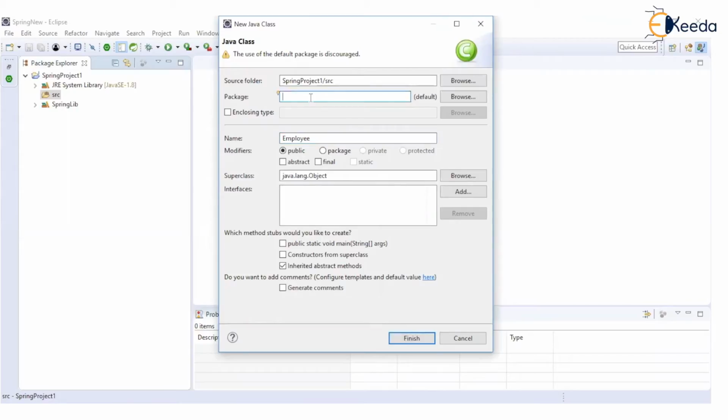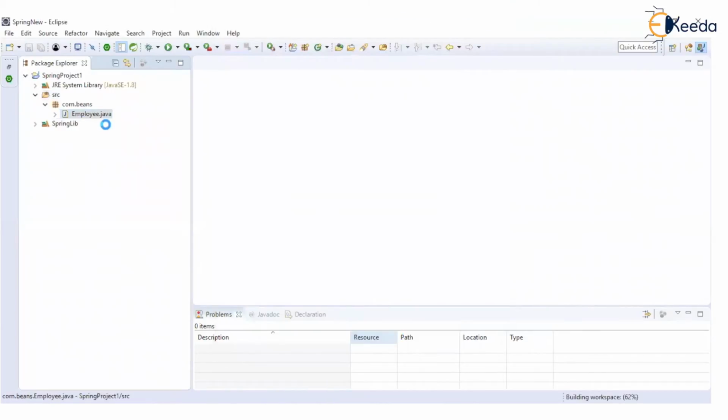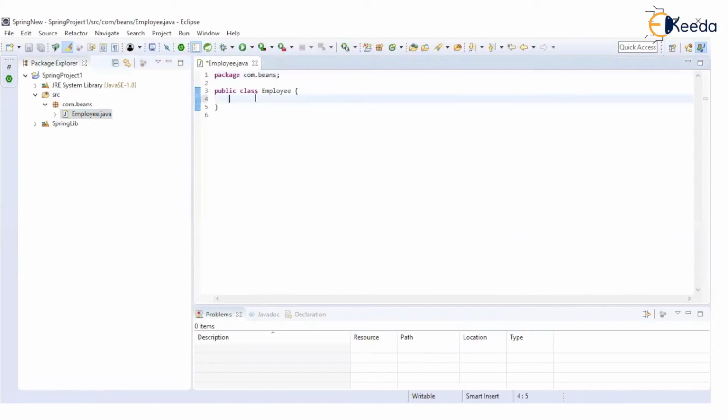We will put this class into a package, say com.beans is the package and Employee is the class. Once we create this class, let's add the properties: private int employeeID, private String employeeName. Then, as per the need of setter injection, we are going to provide a non-parametric constructor